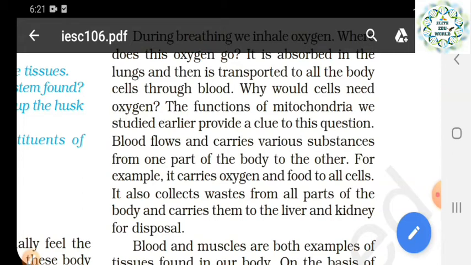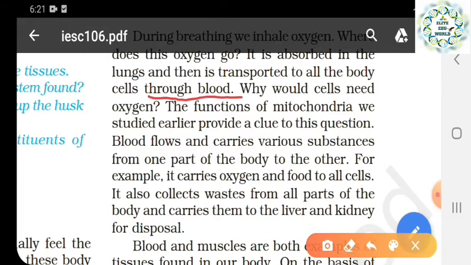Here the blood is a transporter, and it transports the oxygen from the lungs to all parts of the body. This is possible with the help of RBC, because RBC is responsible for carrying the oxygen and providing it to each and every cell. So why does a cell need oxygen? Why is there a need for the respiration process? Why do we need to breathe in? Why does blood have to take the oxygen to each and every cell? What is the need of oxygen?